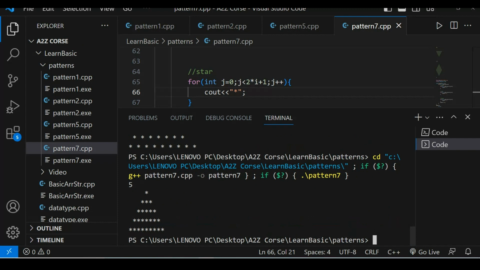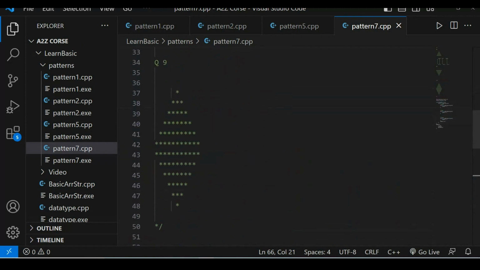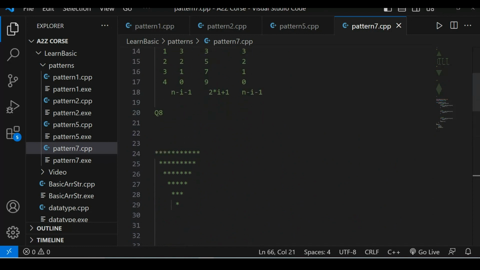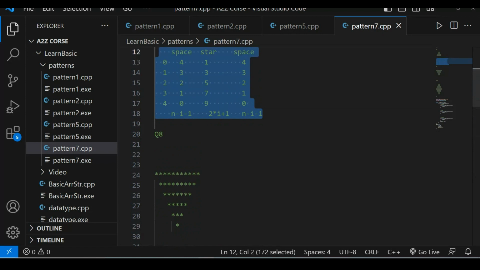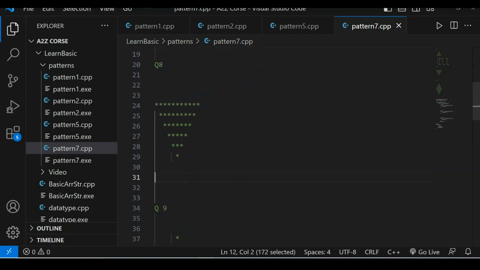3 5 6 9. Okay, so the next question goes like this. It is a similar type of question but in reverse order. As you see, it is now in reverse order. So I'm making it again, so I just copy paste for this,